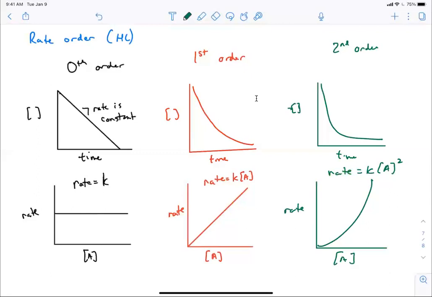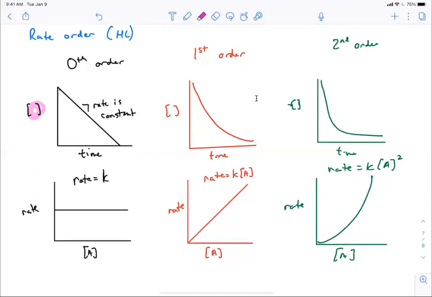But yeah, really be cognizant of these axes, because the axes really dictate what kind of graph you're going to get. If you're talking about rate versus concentration, then it's just the exponent that determines the shape of that graph. It's more difficult with concentration versus time because in first and second order, they're both kind of curved downward. But you do want to make a note that the half-life is constant